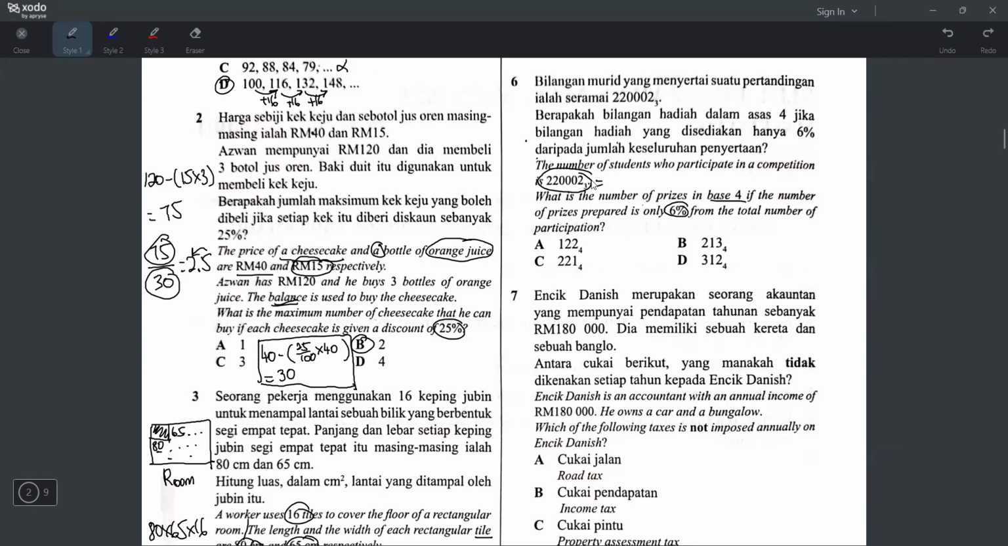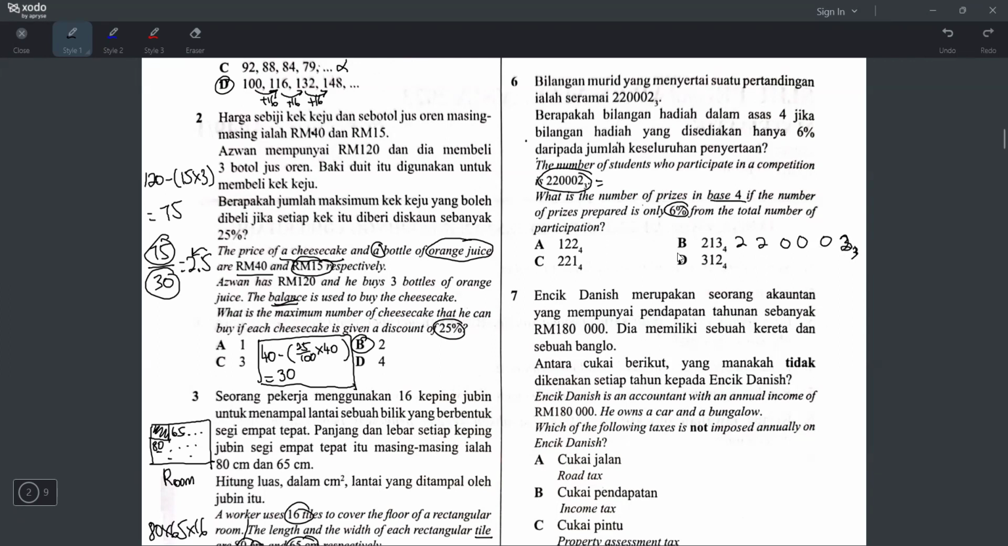So my job is to convert this to base 10. And how do you convert? Okay, so 22002 base 3. If you want to convert a smaller base to base 10. So this is base 3, right? Base 3 is a smaller base and you want to change to base 10, you have to use the